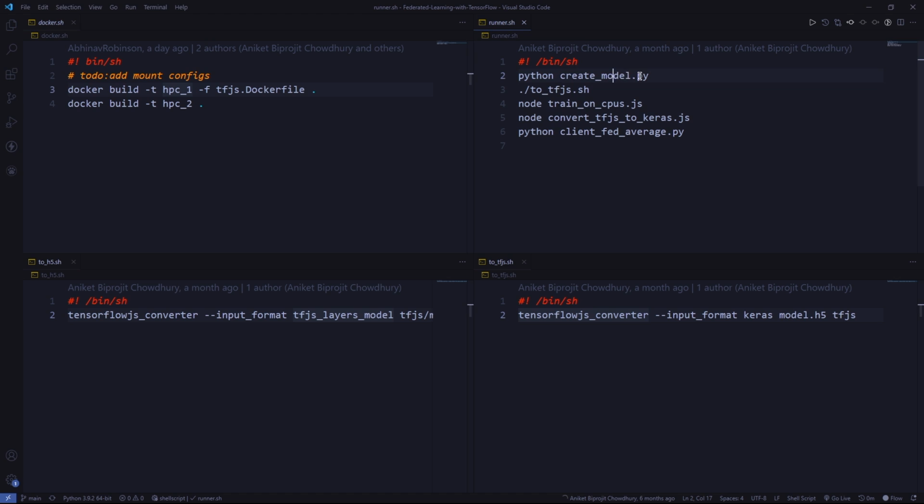file that will first instantiate the Python model. Then it would run the to tfjs.sh file that's down here. What it does is that it converts the model that was instantiated into a TensorFlow.js compatible format that is basically in JavaScript. And once that's done, our next job is to run the node, and that will train it on